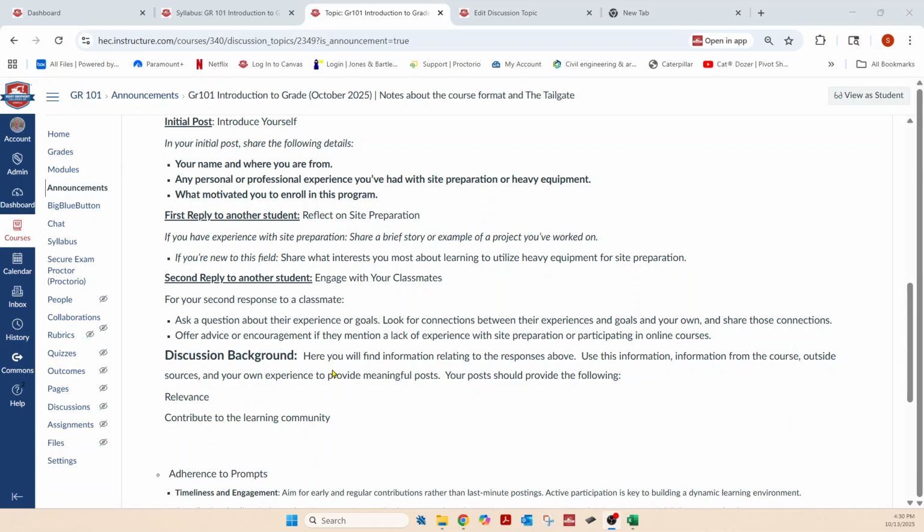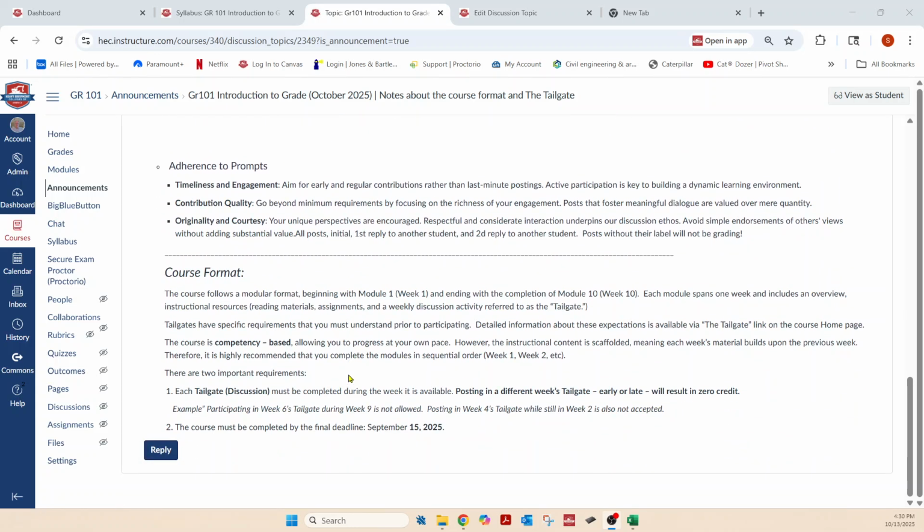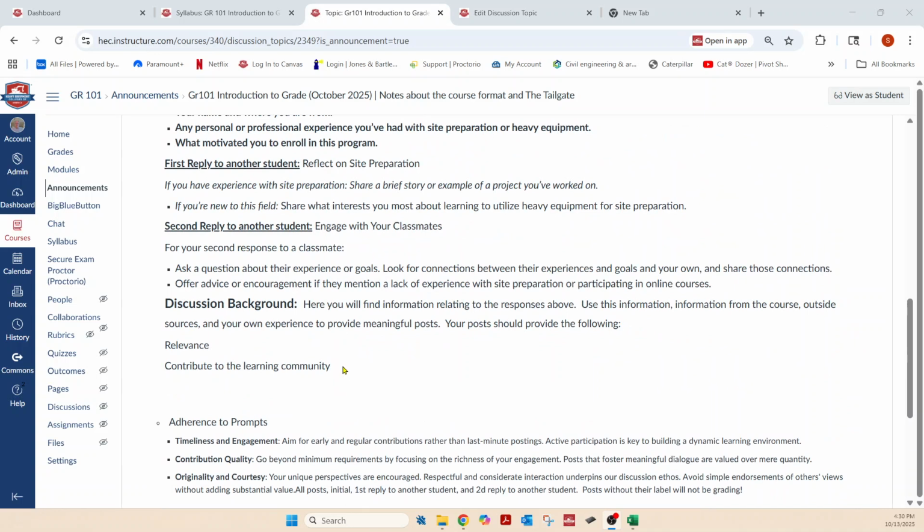Okay, here's another important thing. Went through the format. Be sure, if you don't understand either the information in the format or how I want your tailgates structured, all you've got to do is give me a call. And you can find my contact information.